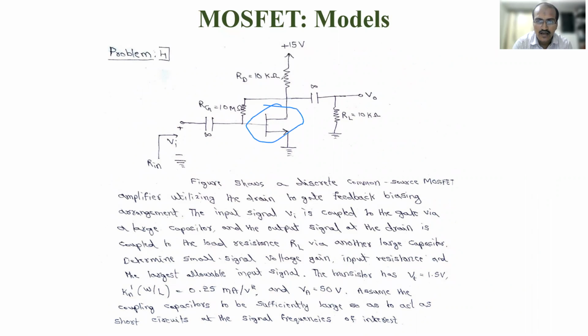See here, RD is connected here. This is a DC voltage, this will be short circuited. That's why it is not considered. While discussing models, we have told that, right? So that's why 15 volt is not considered in the model. Only RD 10 kilo ohm is considered, which is connected between the drain terminal and the ground. So when you make this a short, it becomes ground here, right? So another terminal is connected to ground. That's why this comes in parallel with the R0.